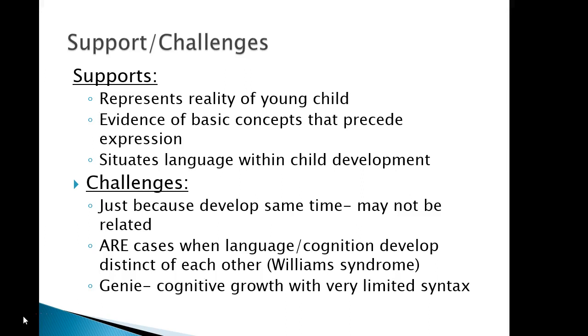But then some of the challenges for this piece of things, some people talk about just because things develop at the same time, they may not be related. So for example, we know kids will produce first words at about the time that some of these sensory motor skills are well established, like means end and causality and so on. We also know that two-word combinations evolve in children right around the time that they start putting two objects together in meaningful ways in terms of how they're interacting with the world, with just some schema related kinds of things.